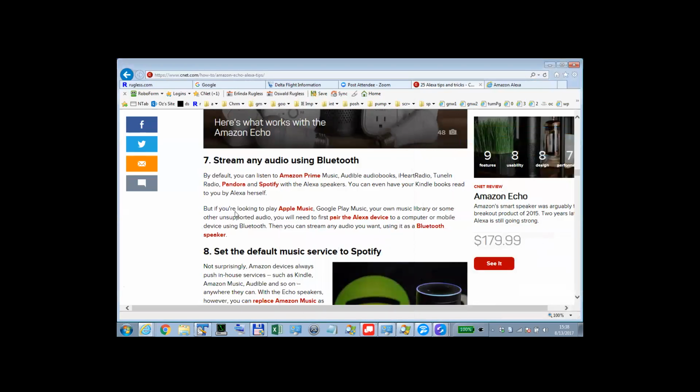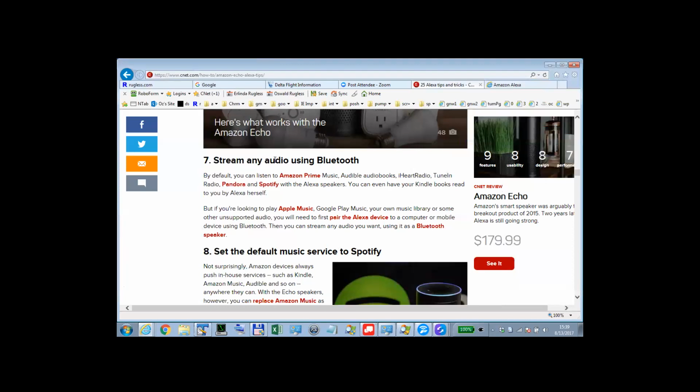Anyway, guys, you can stream any audio with Bluetooth. What does that mean? You know that you can play from this, right? You can sit it in whatever device and it will play. But you can use Bluetooth to play from this to this. All you have to do is pair them, P-A-I-R. Just like you pair this with anything you do with Bluetooth, you have to pair them first, right? So you pair them, and once you have paired them,